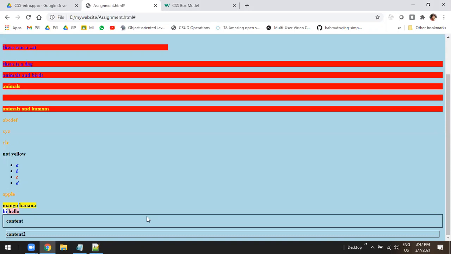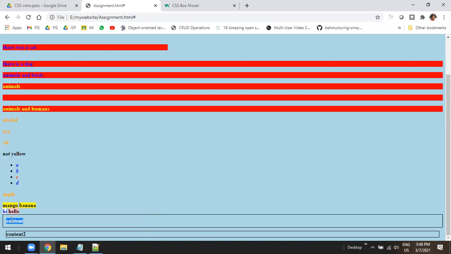So margin is the distance between two borders. It is the gap outside the border. But in the first case, the padding is inside the border, and in the second case, margin is outside the